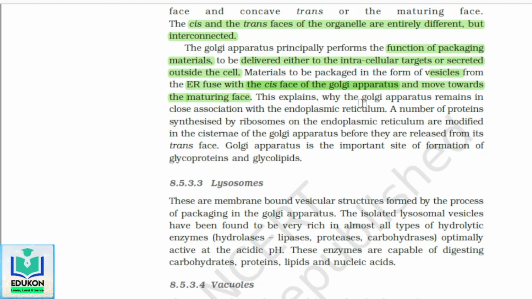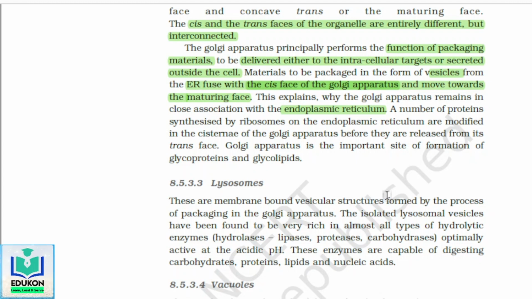This explains why the Golgi complex apparatus remains in close association with the endoplasmic reticulum. Okay, now you understand why they come under the endomembrane system. Their functions are coordinated. Hence the materials should be packed from the ER, fused with the cis phase, and move towards the maturing phase. From there it is released into the intracellular space or cytoplasm and delivered either directly to the intracellular targets or